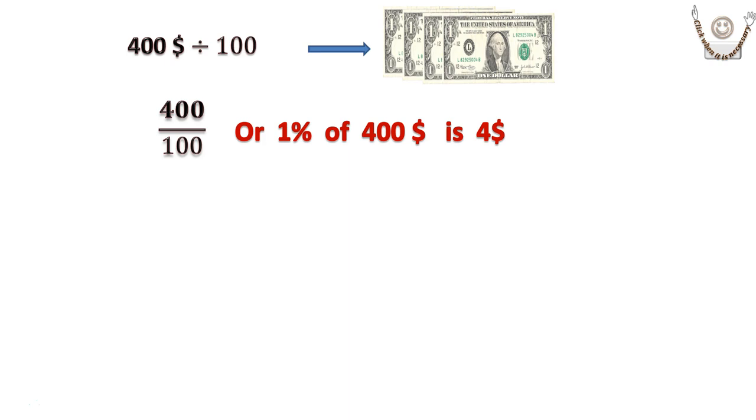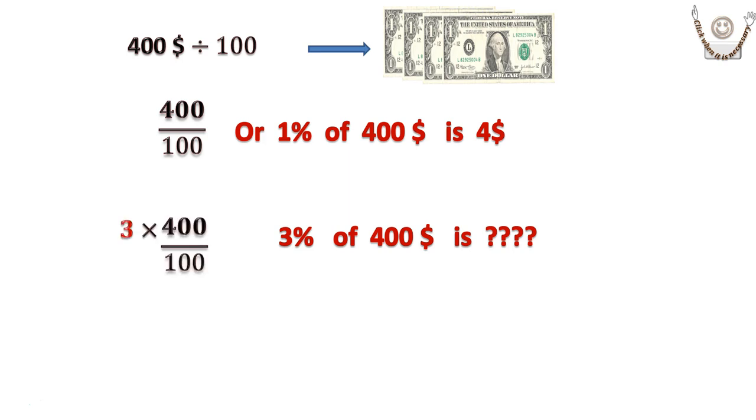In previous examples, we talked about 1%, and now let's develop the idea about more than 1%. So if we have 1% of 400, this is $4. Now if you want to calculate 3% of 400, how can we do this? It looks like we have to multiply by 3,